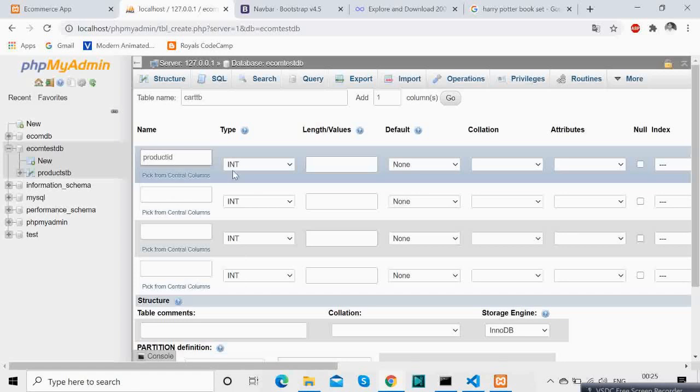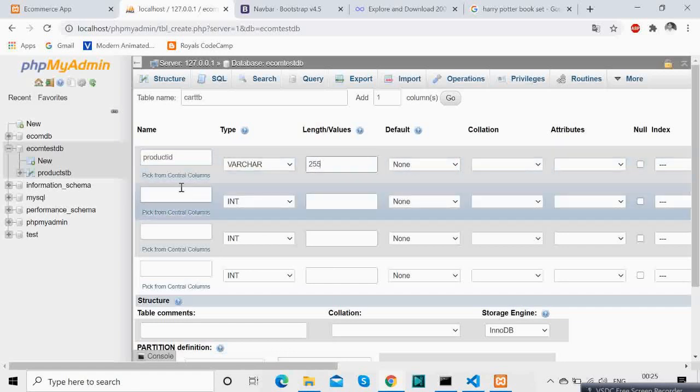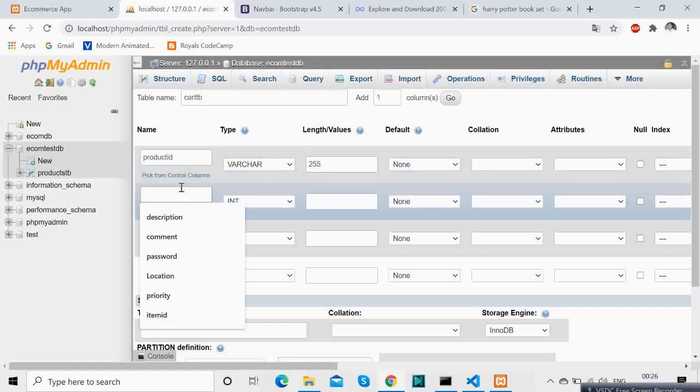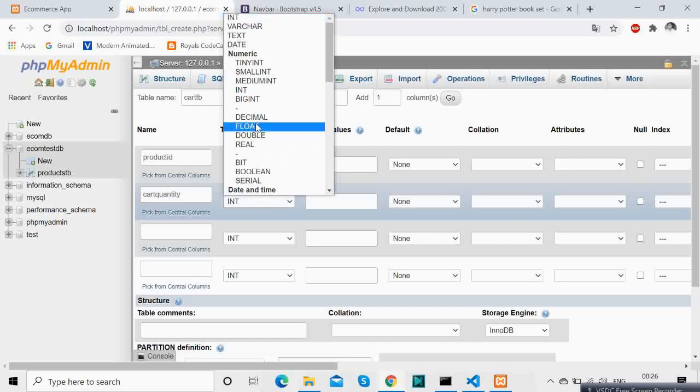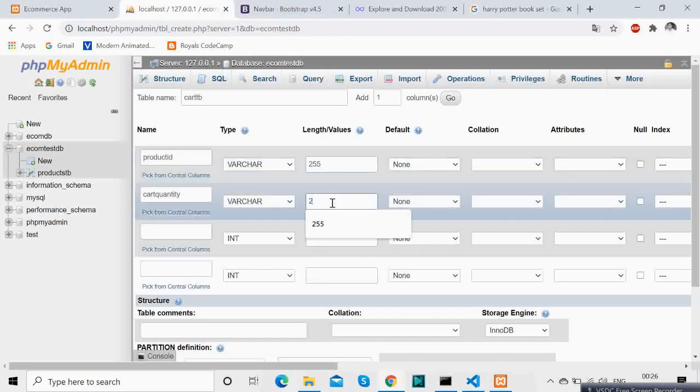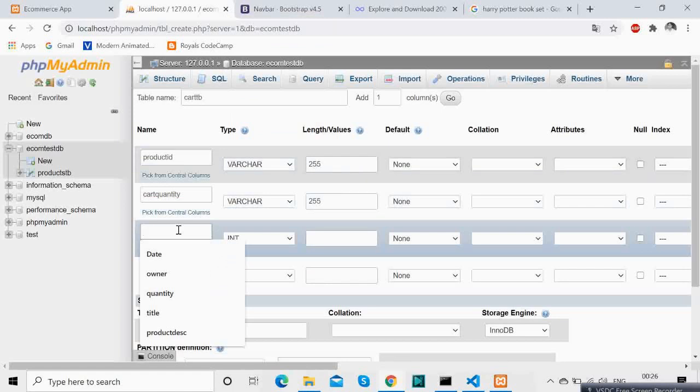So now we are creating the cart table. It will be the user ID which we will be wanting. Later on you will find that I have also added the quantity. For now I haven't added it, so basically we will be removing that and adding the user ID over here.